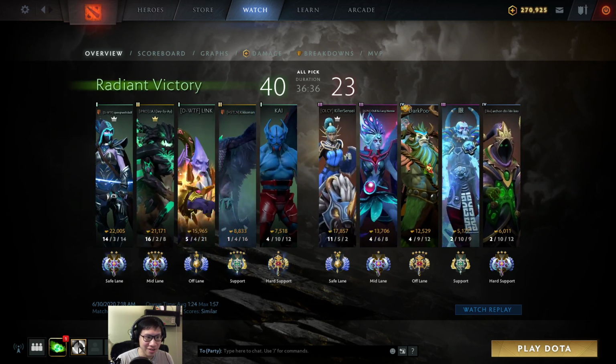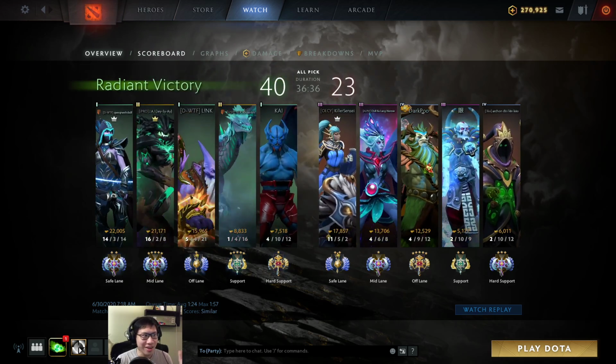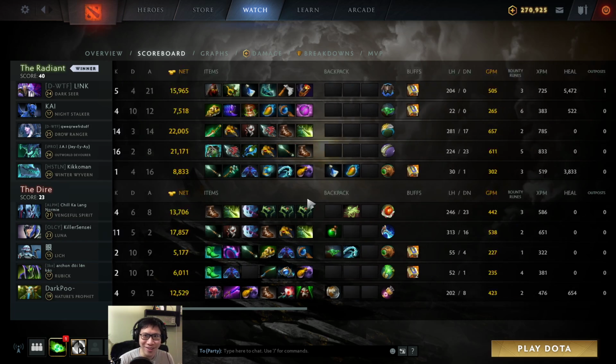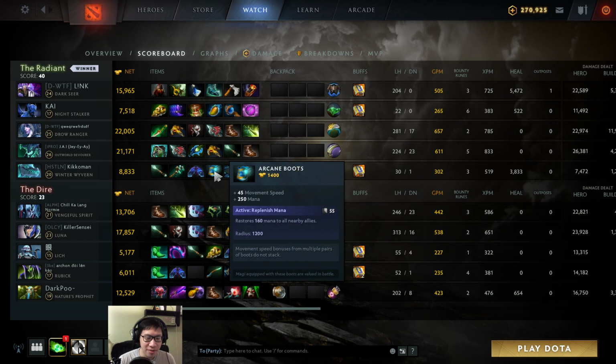Actually, what is this? Oh, this is a 4 support Night Stalker. I was like, what? How can they have 2 offlaners? Taking a look at items real quick. Items seem fine. Arcane boots could maybe be tranquils